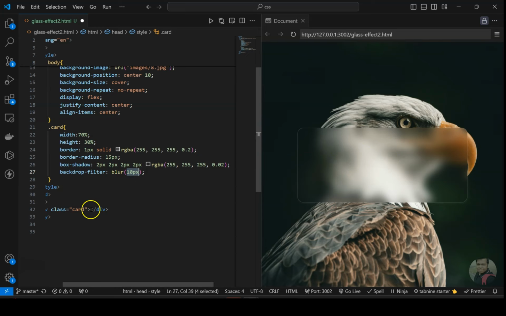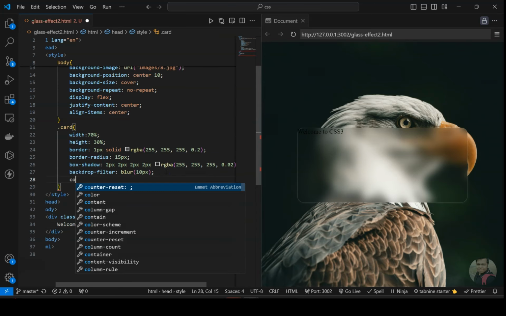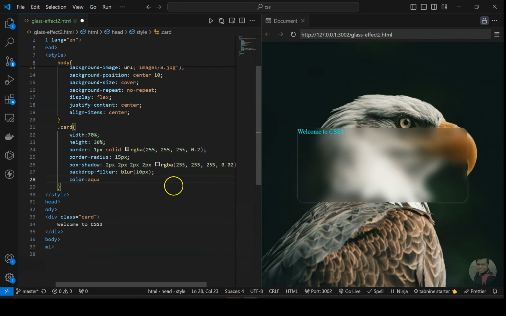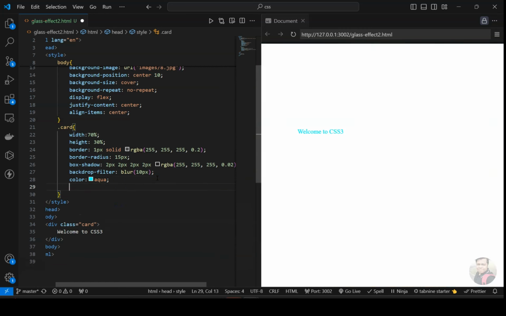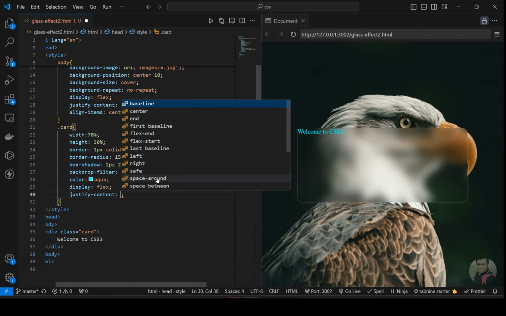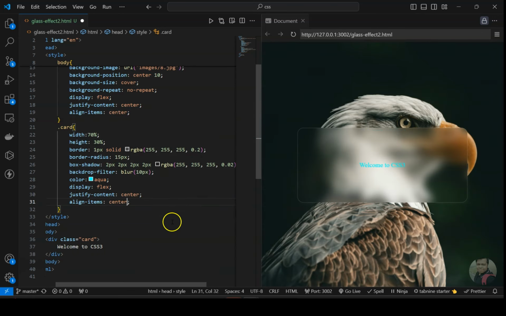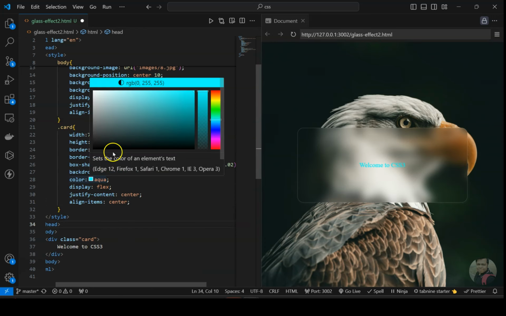Okay, so now here you can put some text into it. So say welcome, or maybe, okay, now sorry, and we can make the color equal to something aqua, and we can centralize it using again display flex, justify content center, align items center. Okay, and it looks a bit light, so we can make it a bit dark, maybe, yeah, so maybe towards